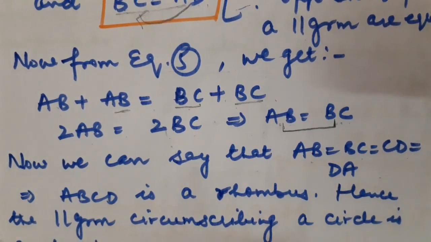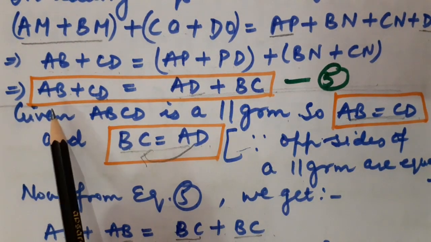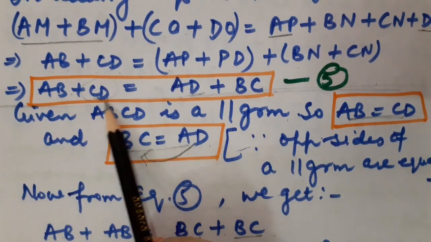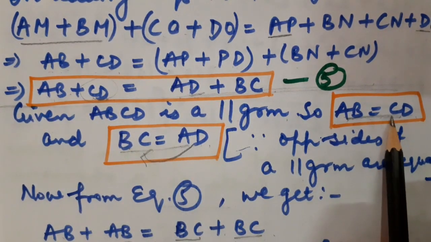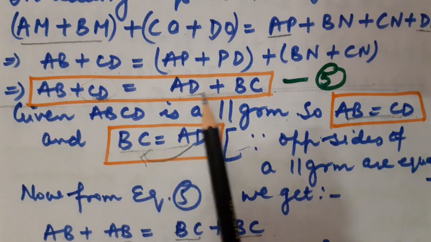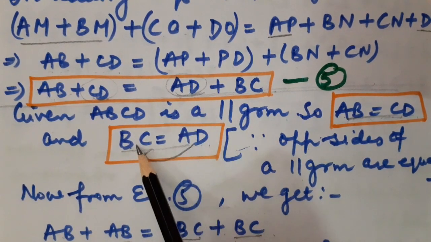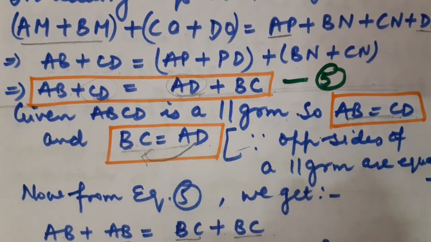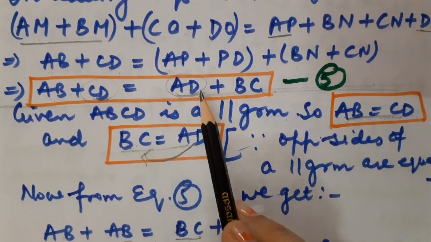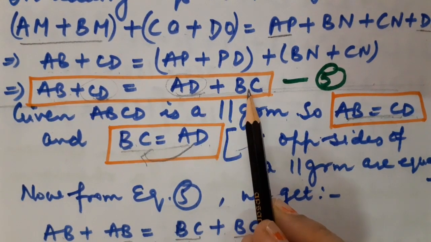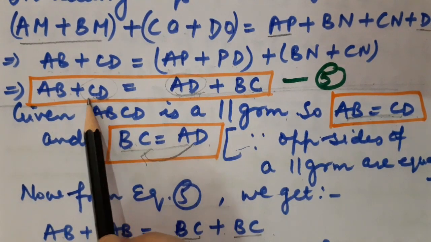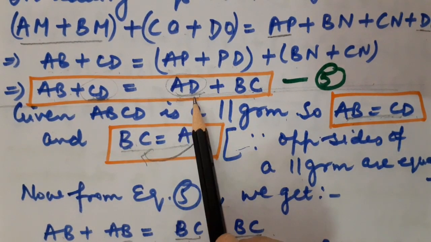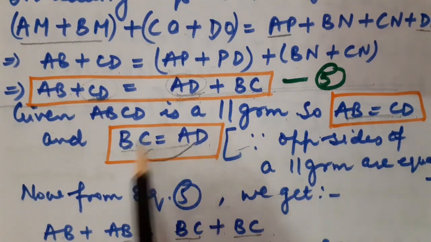Correct, children? Okay, one more thing I want to add in it. Here actually I have put the value of CD as AB. Children, you could replace AB also by CD. Fine. In the same manner here at place of AD I have inserted the value BC. So that's why I have got double of BC. But I could change it while AD also. BC could be replaced by AD also. Then in that case I was going to get CD must be equal to AD. Again they both are adjacent to each other.